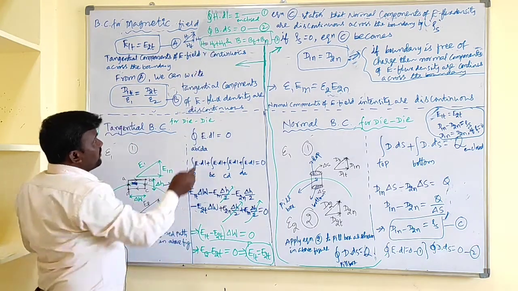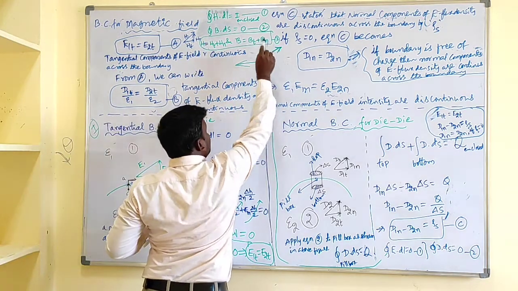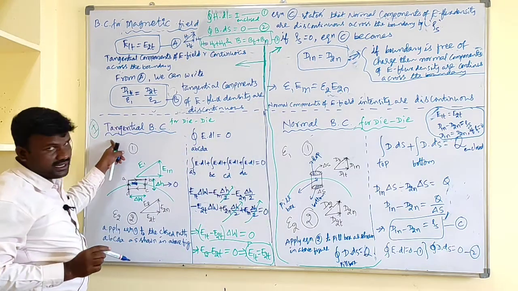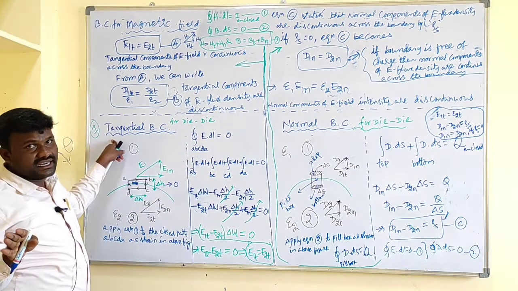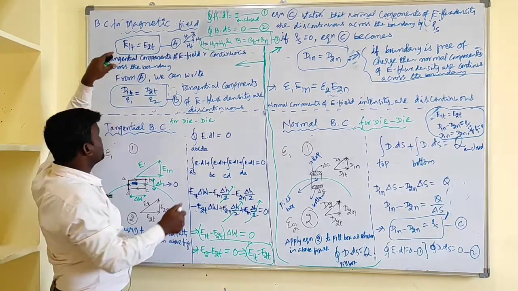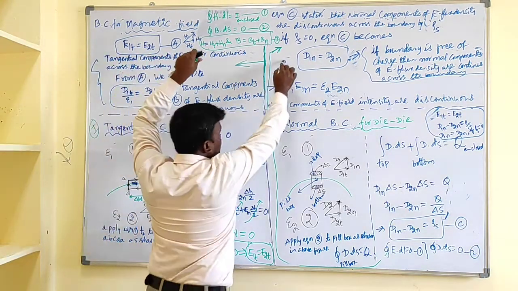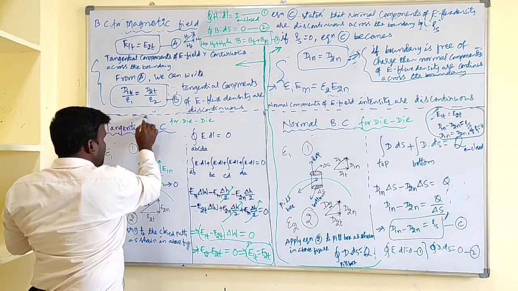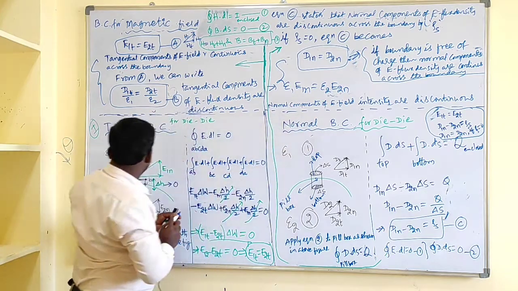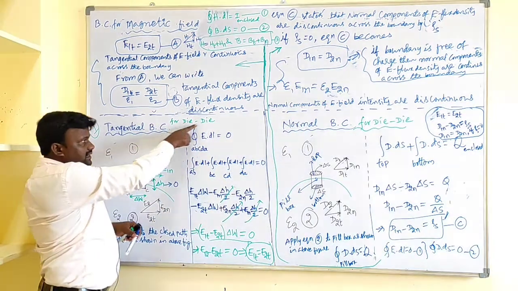Next, from the third equation onward, we need to jump here. We have tangential boundary conditions and normal boundary conditions. This part we will see later. Moving below this dotted line, tangential boundary conditions for